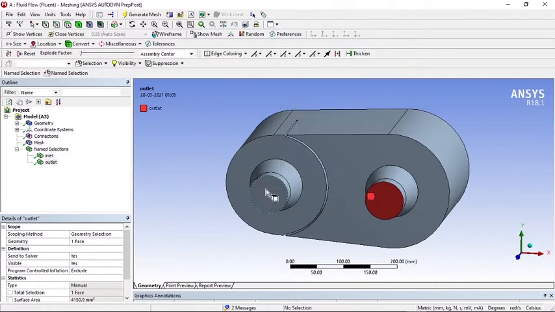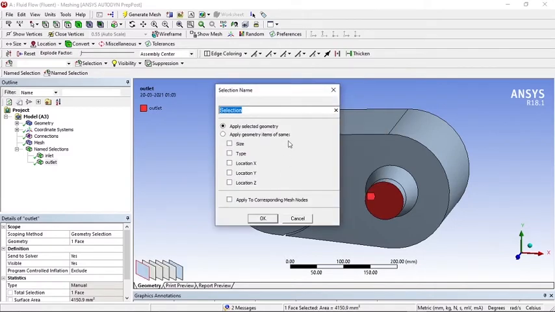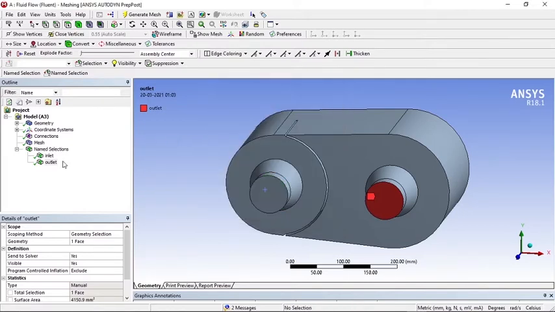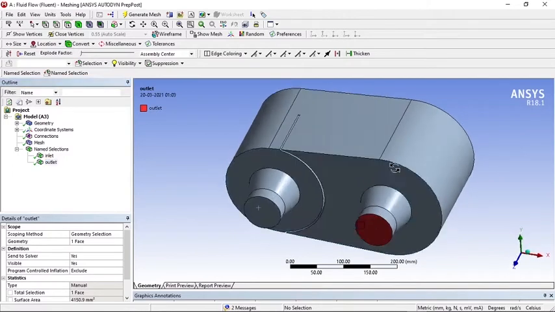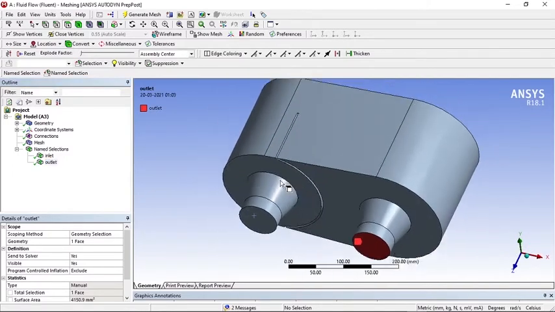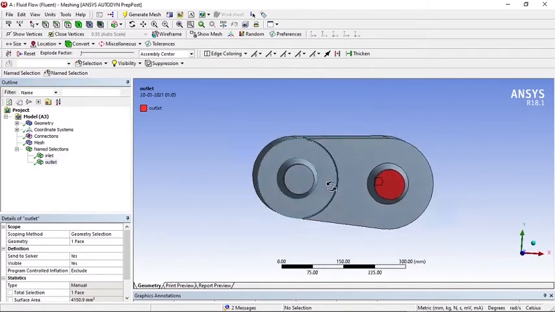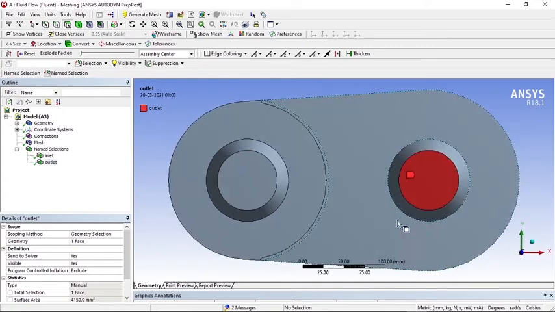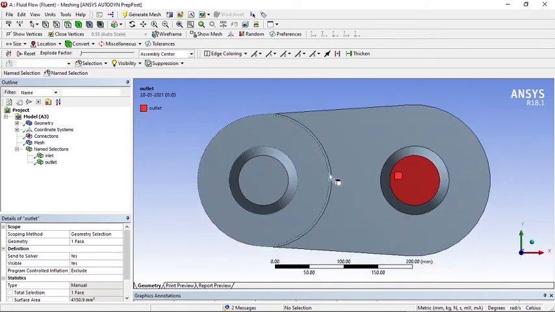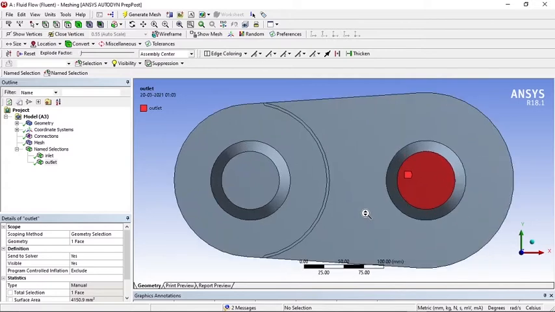Or what you can do is you just press on it and you press N. So it will guide you to this dialog box. You can type here inlet. Similarly for outlet, and you can press on generate. So these are the only two things that you need to keep in mind when you enter the meshing interface of Fluent. So after this is done, you can exit the meshing,